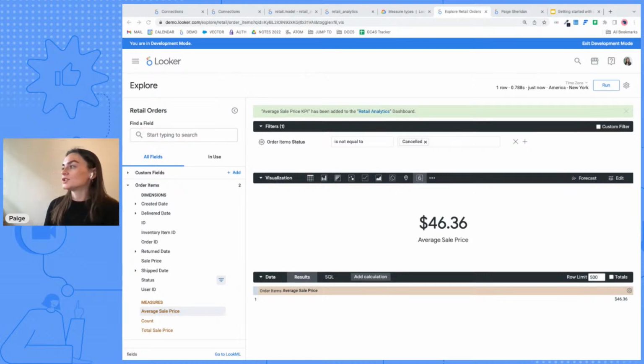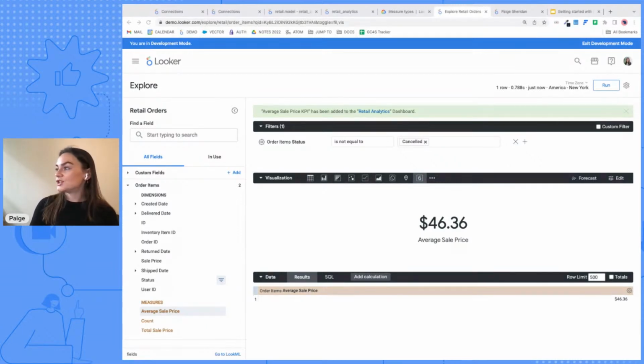Now, let's say that I want to understand more about who's ordering from the site and not just information about the order items themselves. So in other words, what happens when I want to query not just information from one view or one table? Again, a view is an abstraction of a table. So typically, a view is going to be limited to the metrics that can be calculated from that one table, with exceptions, of course. What happens when I want to understand what's happening across multiple tables and include information about products, users, inventory items,